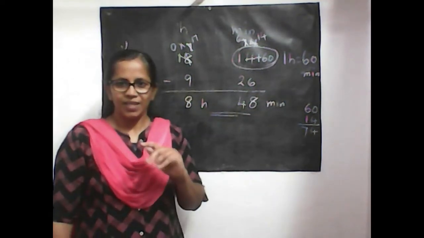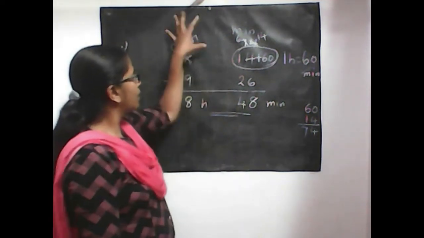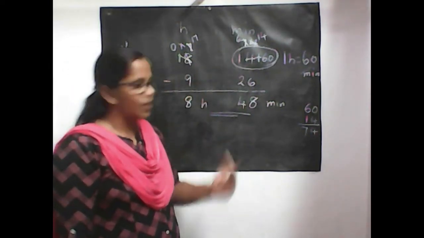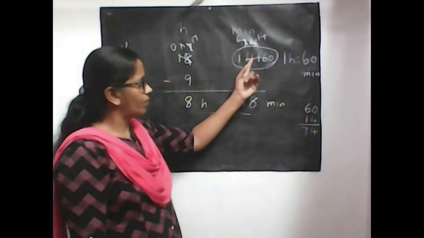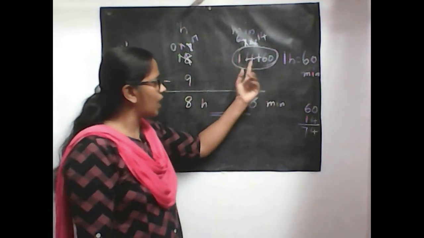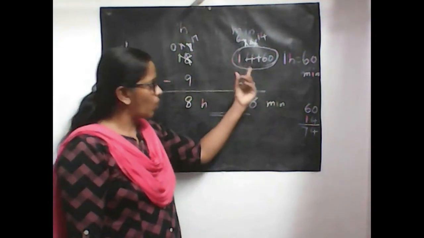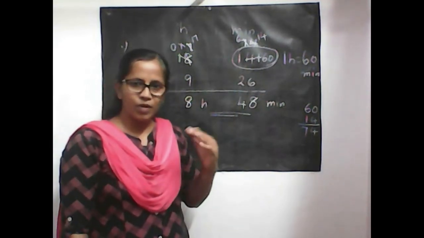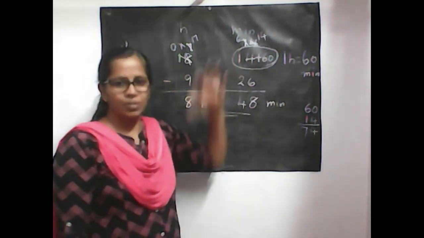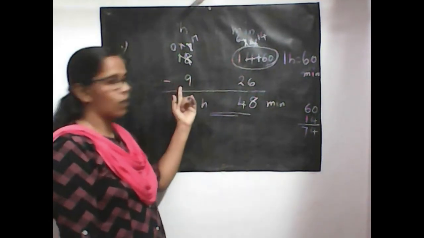Okay. Let us revise what all things we have to do while doing subtraction. First, write hours and minutes separately. And second step, look at the minute column and make sure that the number of minutes at the top should be larger than the number of minutes below. If it is smaller, we looked at the minutes given. We understood that the minute at the top is smaller. So what you have to do? You have to borrow from the hour column.